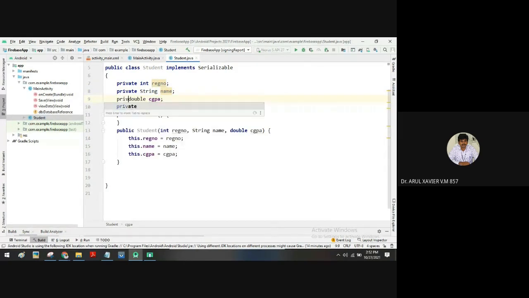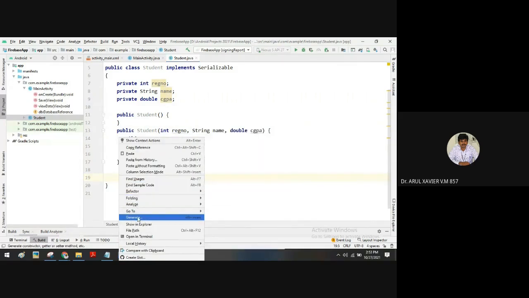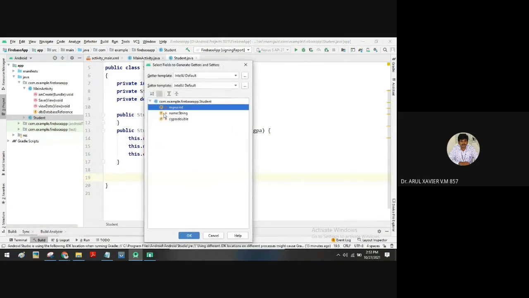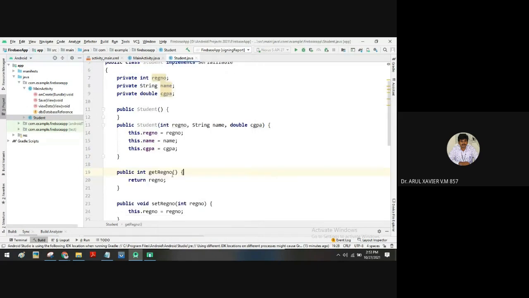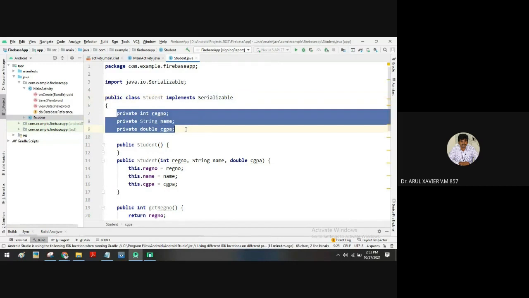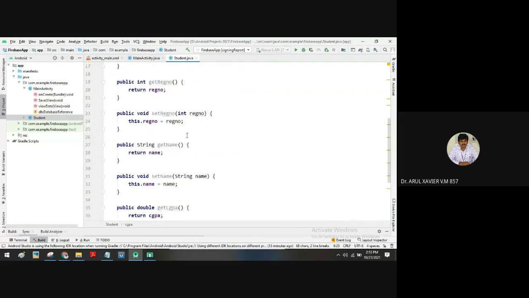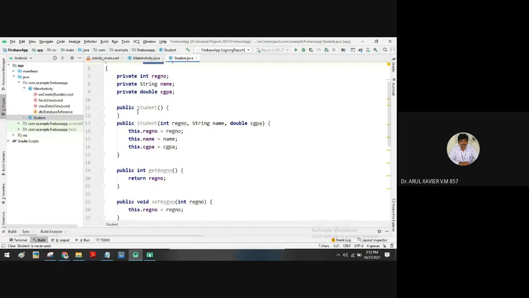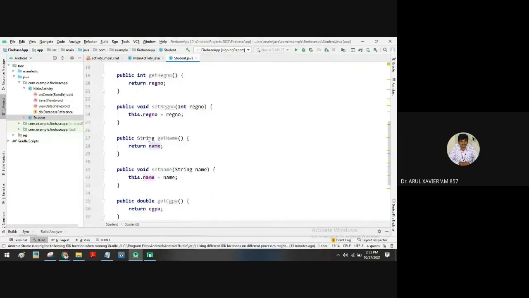So some security will be there. The data can be secured, right? So go to here and you can generate setter getter methods. Select generate getter and setter. Select all the fields. Okay, now everything is ready. You have no need to type any code except this implements. I have typed only the variables. The remaining you can generate automatically. So like this, you have to prepare one model first: an empty constructor, a parameters constructor, and setter getter methods.